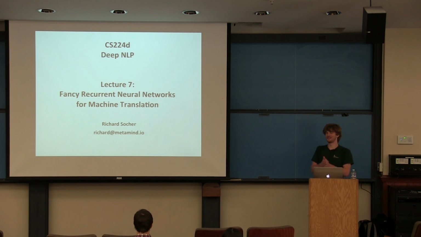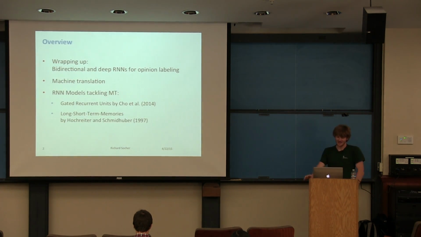Welcome to Lecture 7. We're sort of at the midway point of the lecture, and to celebrate that, we'll talk about some fancy recurrent neural networks now for one of the hardest tasks in NLP, namely machine translation. So first, we'll wrap up briefly in 3 or 4 slides the bidirectional and deep standard recurrent neural networks for opinion labeling. And then we'll start and give a ridiculously short introduction on machine translation and sort of